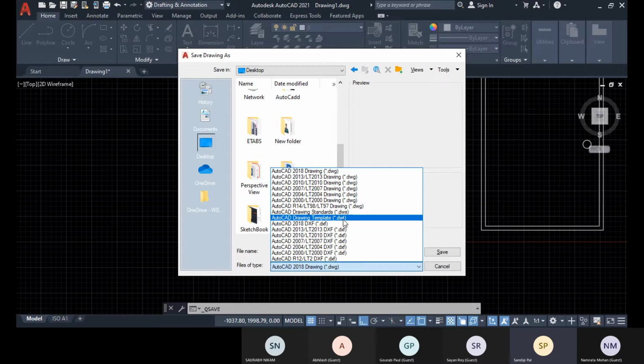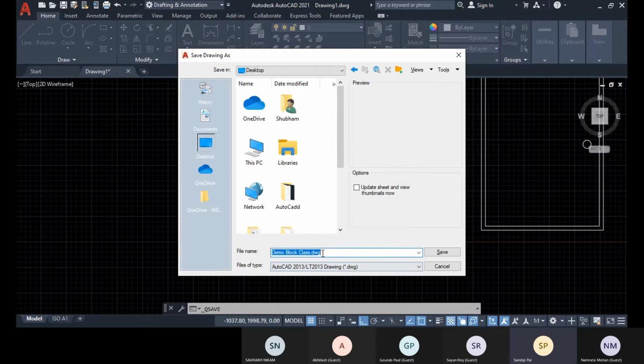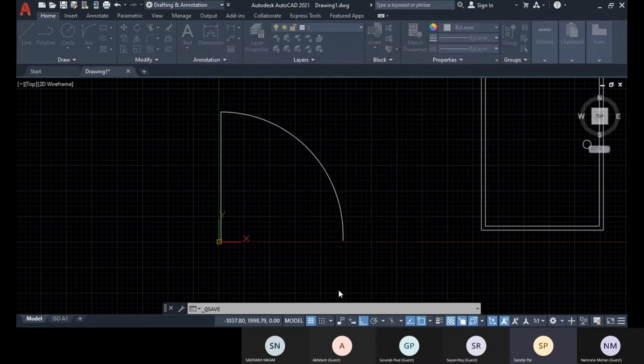So you can make it as a template separately, and then you can save your drawing file as a DWG file. So whenever you are opening a new project file or new DWG file, always open with that template file, so you get all the settings at the beginning, and you will start working as soon as you open your DWG file, so that you can save it as a DWT format. So now I'm saving as a DWG format, and let me save it.